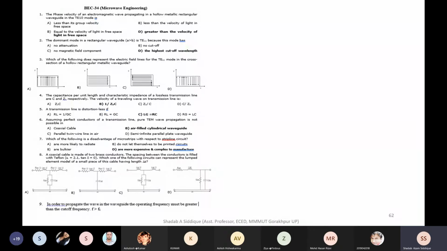In tutorial sheet 2, you will find many problems which were already asked in competitive examinations. And for the answers which are given there, you can solve the questions and try to match with the answers given. And as far as tutorial 1 is concerned, you can go through this.